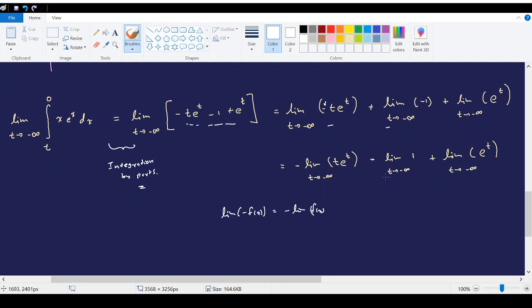symbol, right? And for this one you can see that we are taking the limit as t goes to something, but in this function you don't have any t value, so this limit does not do anything for our function inside the limit notation. So simply the answer for this particular portion is equal to 1. And for this one